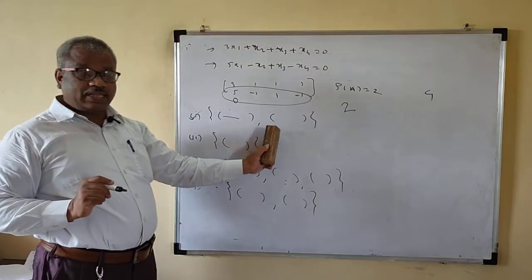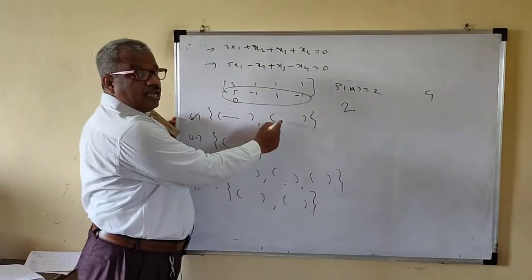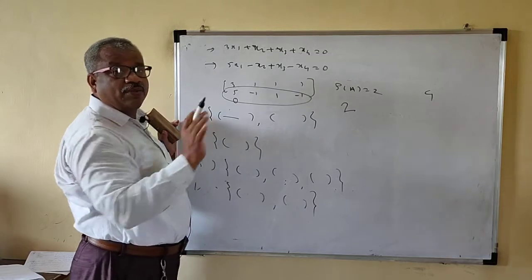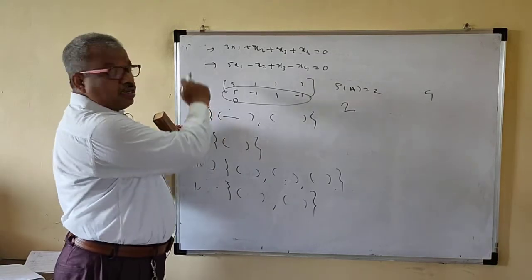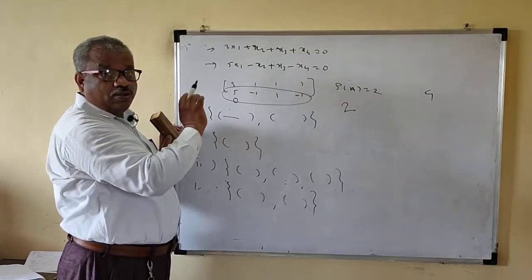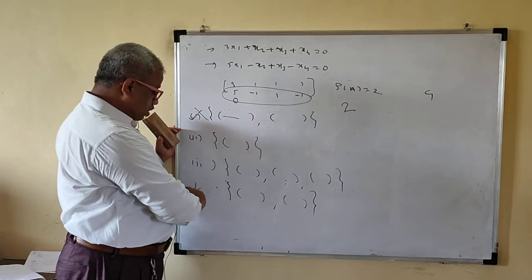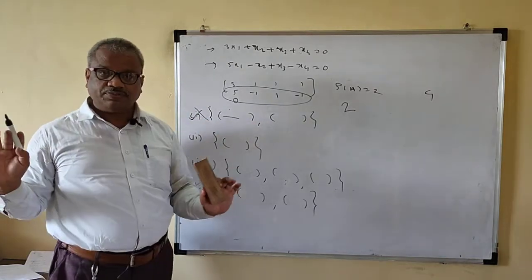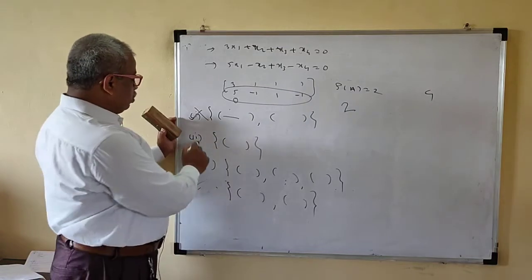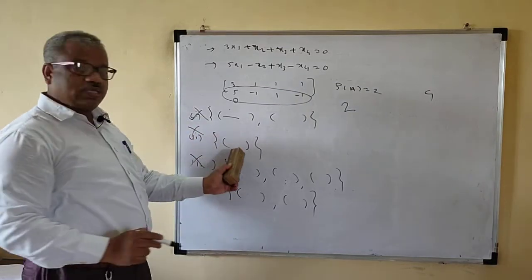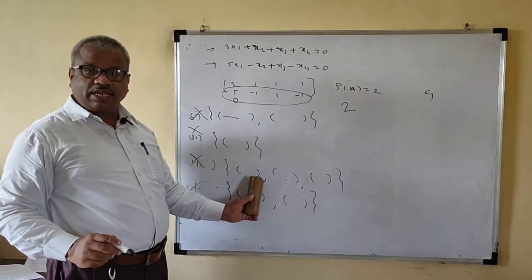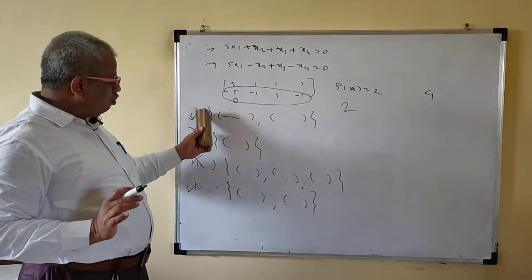This may happen that this satisfies this. But if one of the vectors does not satisfy one of the equations, then this will not be your answer. Don't check for this one, because these are not your options. It contains only one element, it contains three elements, so it will not be your option. Your option will be this.